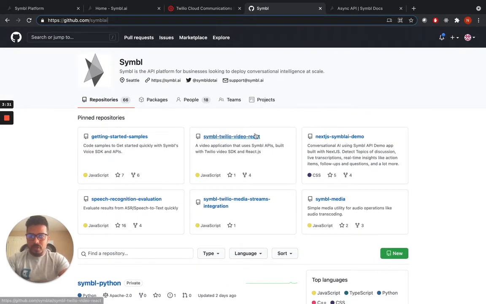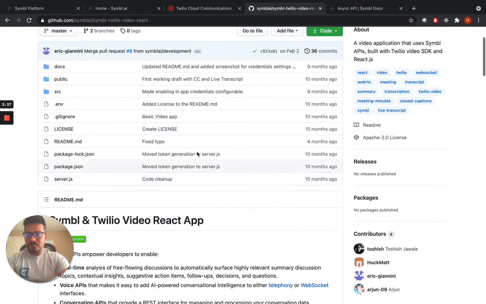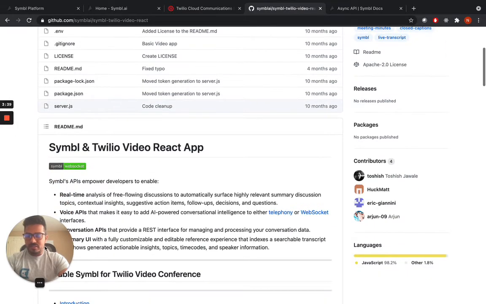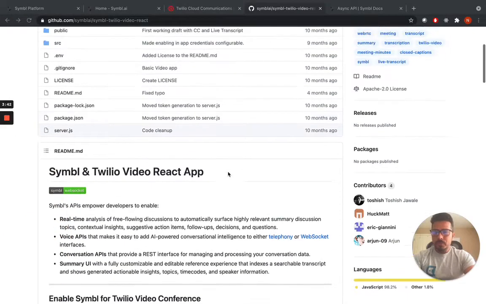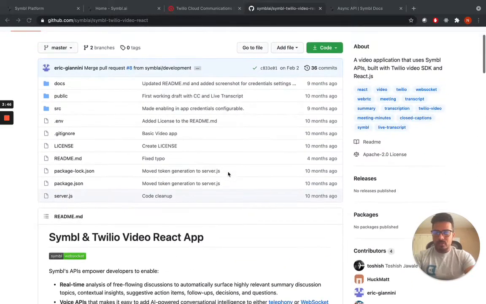But today we'll be focusing on symbl-twilio-video-react. When you go to this repo, you will see certain instructions that you can go through to install this, or if you just follow what I'm saying in this session, you will have it up and running by the end of it.